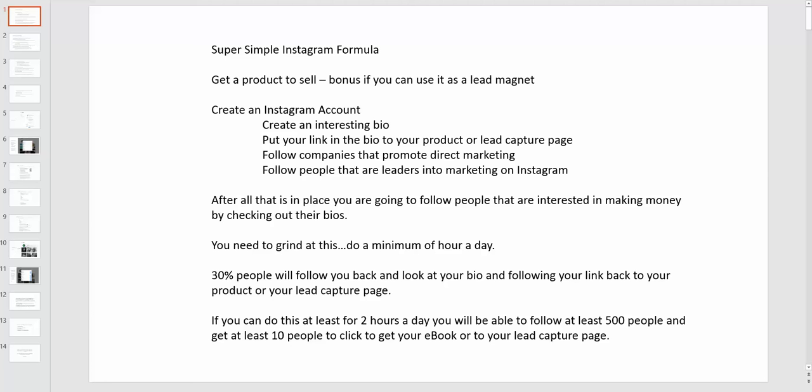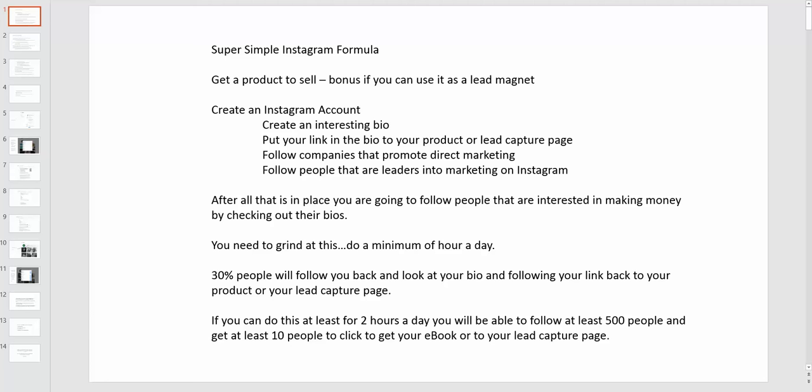So you really do need to grind at this because it's a free method and it's manual. You need to try to commit at least an hour, at least an hour, if not a couple hours, okay? But what's nice about having your cell phone with you all the time, you can easily go on Instagram and do this from your phone. Sometimes I've been known to do this between commercial breaks from my program or something like that. And that actually looks very natural when you're able to go about it that way.